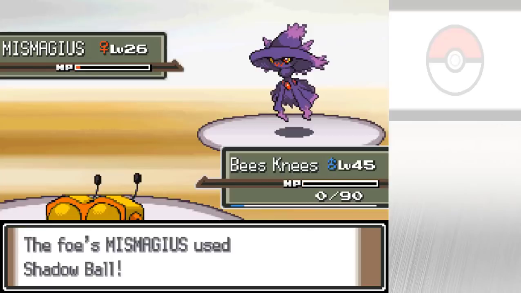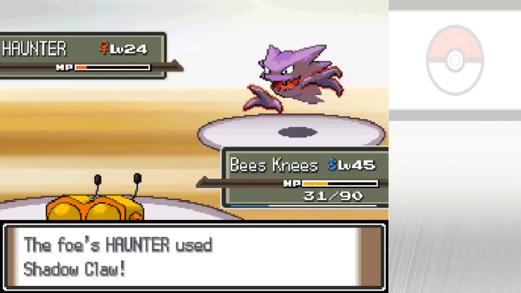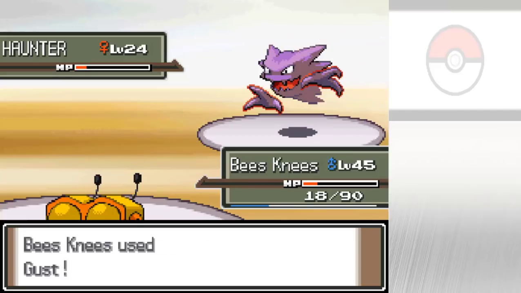Even at level 45, I'm still dying to Miss Magius a lot, and I have to keep resetting until I get lucky enough with the confusion rolls and the damage rolls. Finally, I make it to the Haunter with just enough HP to survive a Shadow Claw and finish it off